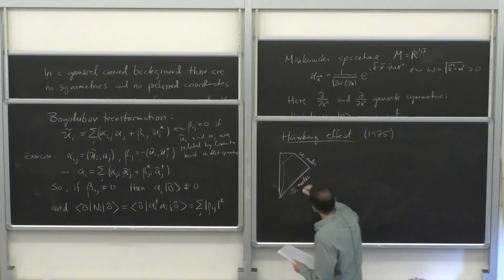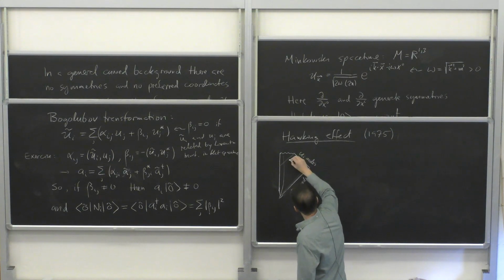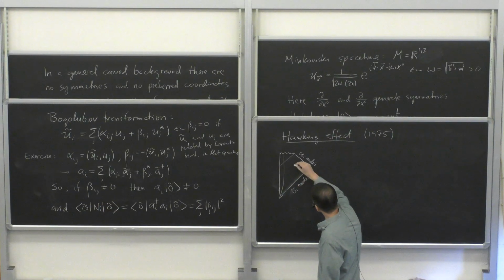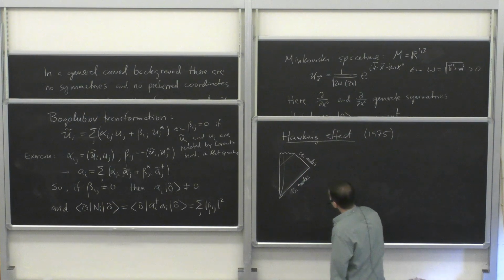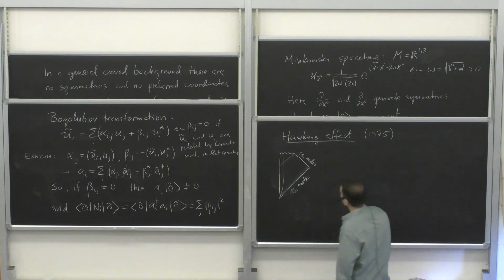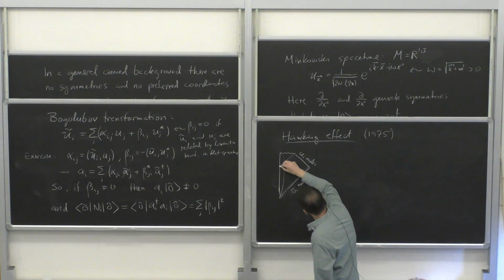Now, an interesting thing to note, and this is going to be crucial to the effect, is that when I think about a mode up here, it's coming from somewhere. There'll be an outgoing mode here, and it'll have come from down here somewhere, right? And then it will presumably have perhaps interacted with the star down here or whatever matter there is, and we're going to leave that aside for the moment. But what is very clear is that there are not going to be any modes coming from